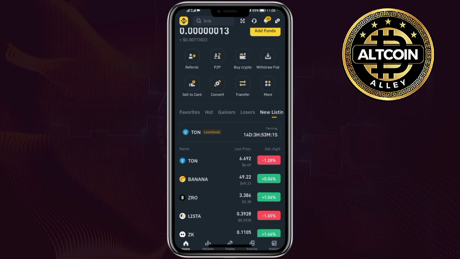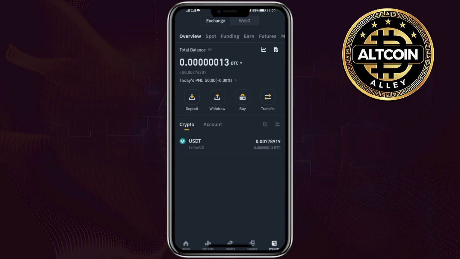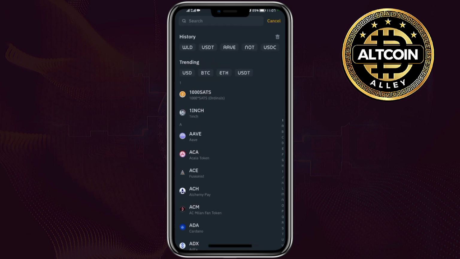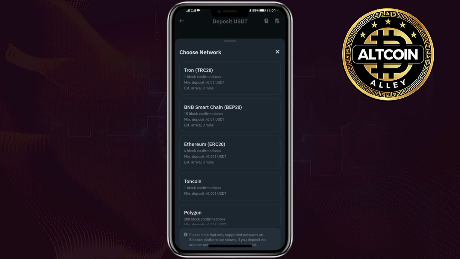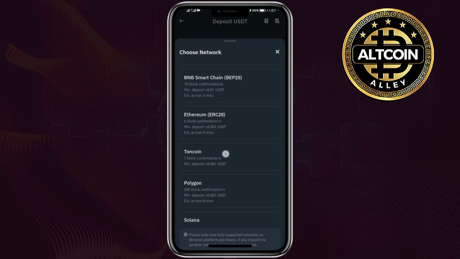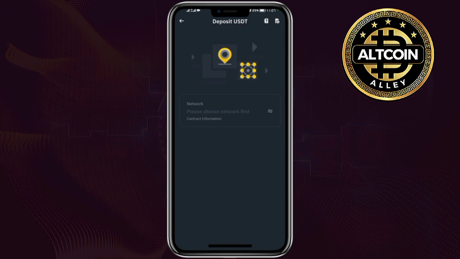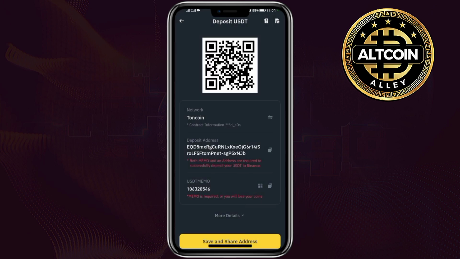Now on your Binance, click on the wallet option over here and then click on deposit. Now on deposit, search for USDT. When you search for USDT, select the Ton network. So the Ton network is over here, okay? So click on the Ton network, and then after clicking on the Ton network over here, come and copy this